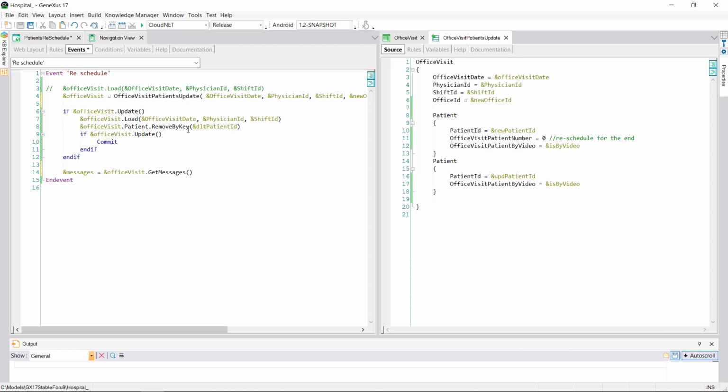As we said in the previous video, the data provider will always return its result in insert mode.